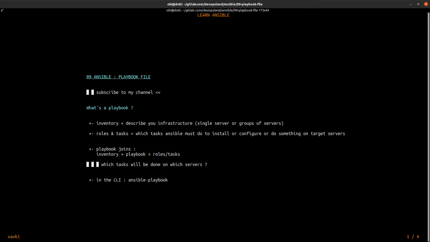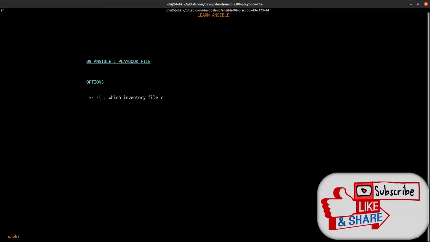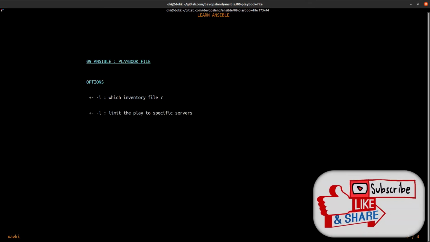To do that, you use a command: ansible-playbook in your CLI. The ansible-playbook command takes some options, like -i to specify which inventory file you want to use, and -l to limit the play to specific servers.